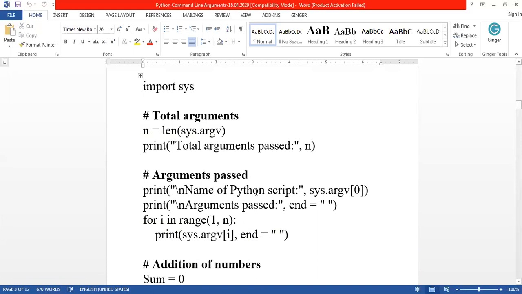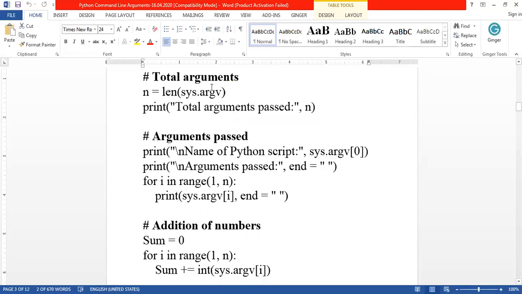You get the values from the user for A and B, then add them and display the result. But in the case of command line arguments, you get the inputs by using argv. If you want to use it, you have to import the module sys.